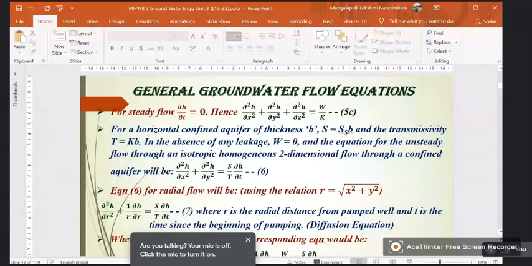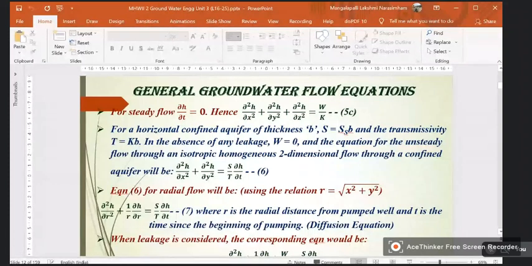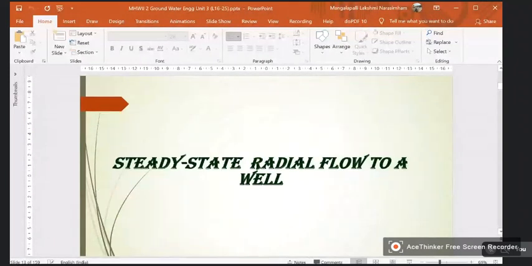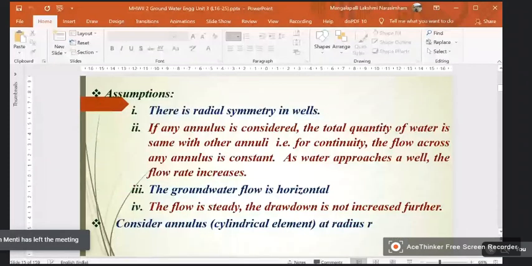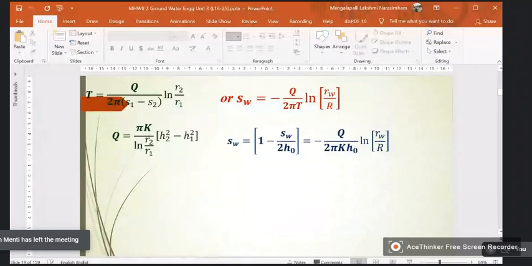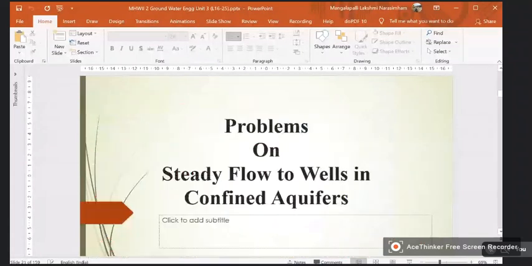We have considered the governing equations for steady state of flow, that is the general groundwater flow equations we have derived, and then the steady state simplifications or the steady state radial flow to a well has been discussed, considering both a confined aquifer as well as an unconfined aquifer. So these equations have been derived, and based on this, we have considered several problems on steady flow to wells